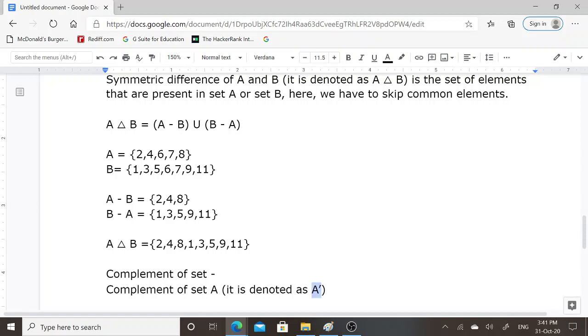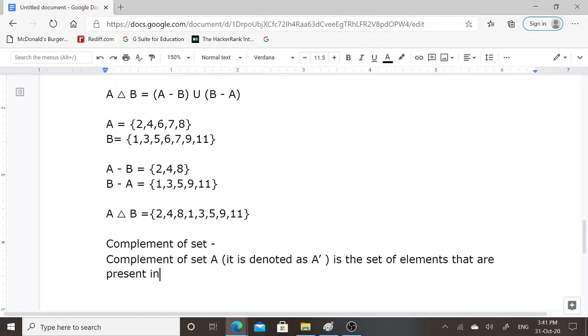This is A's complement. It is the set of elements that are present in universal set but not in set A.